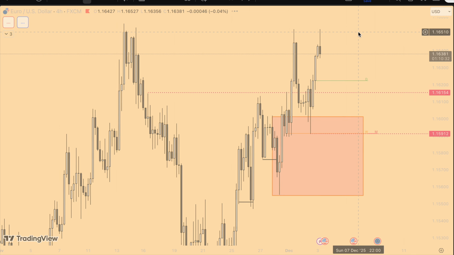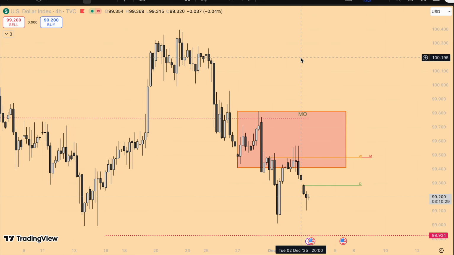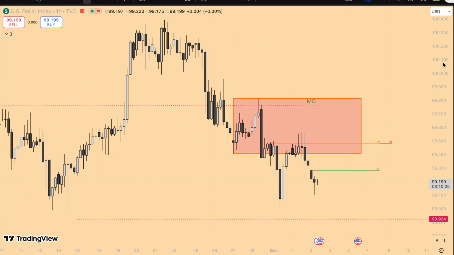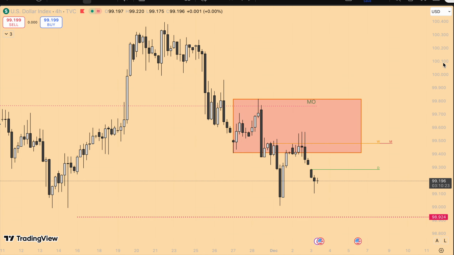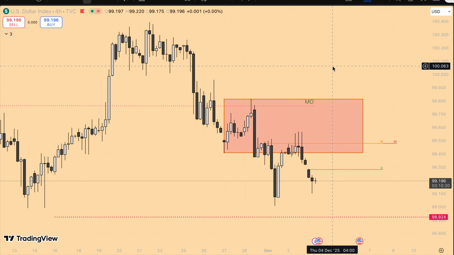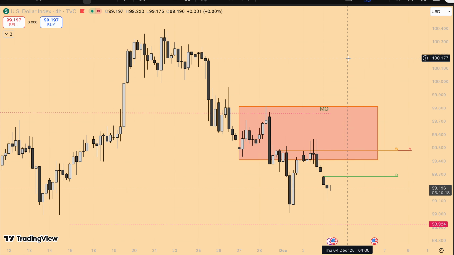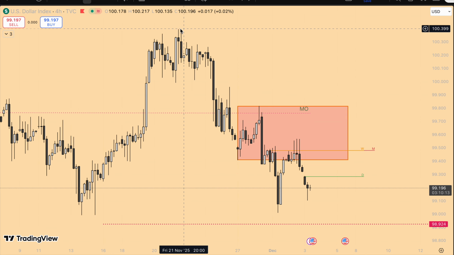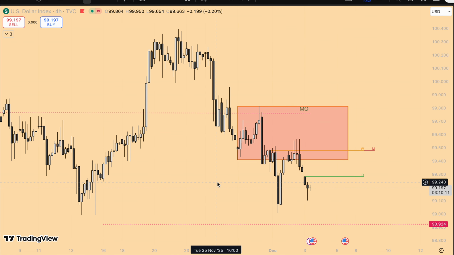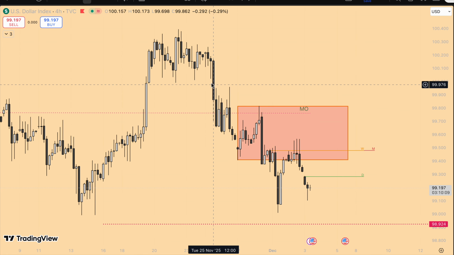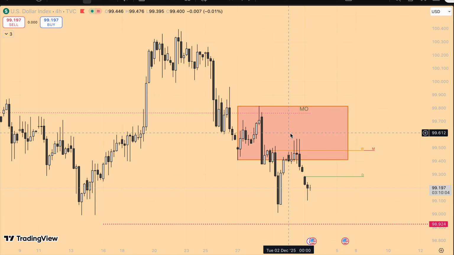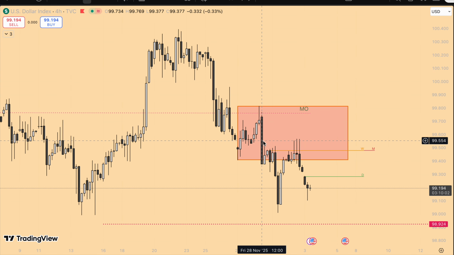Okay, moving on. For the dollar index, guys, we've been calling short, I think, since last week or even 2 weeks now. We've been calling short on this thing, and it's beautiful to see, it's just playing out the way we want it. You can see the immediate order flow is to the downside. So don't try to long it unless you see this order flow change. And how would you see the order flow change? You would see the order flow change by